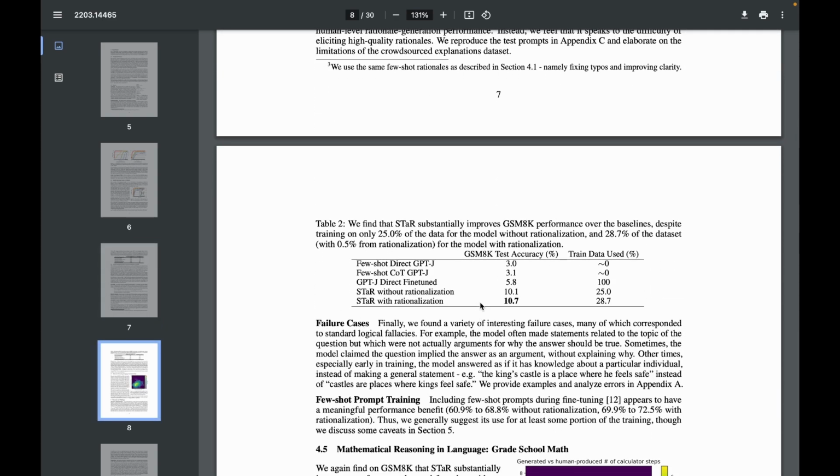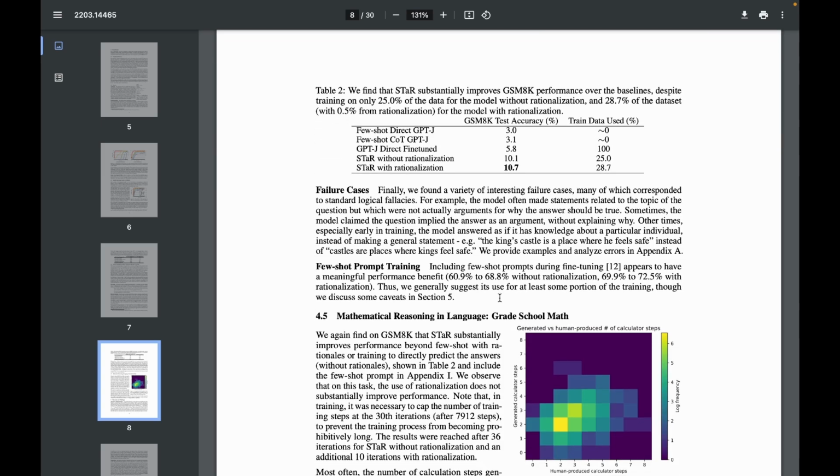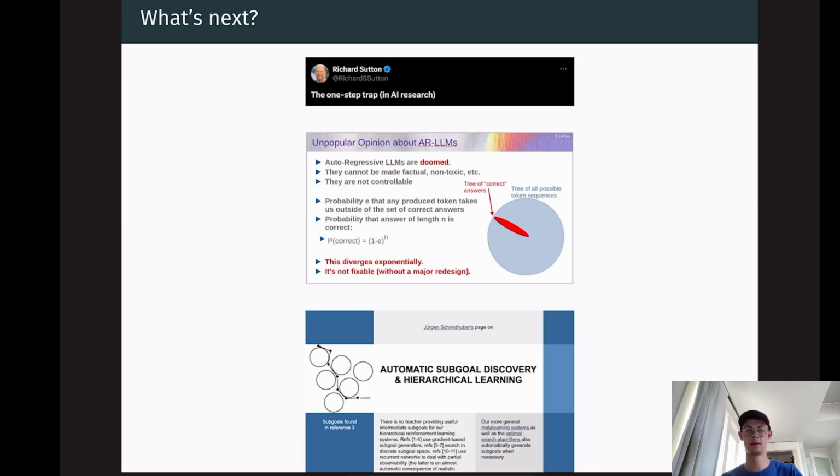Even more impressive is the performance on the grade school math data set, going all the way from 5.8% on the test set to 10.7. So we can see that this technique clearly works on multiple data sets. So now that we've talked about the STaR paper, and we've seen that by using a model to generate rationales, this is something closer to System 2 thinking, and it increases the accuracy of large language models in giving an answer. However, what's next, or what are some other steps that we can take to further